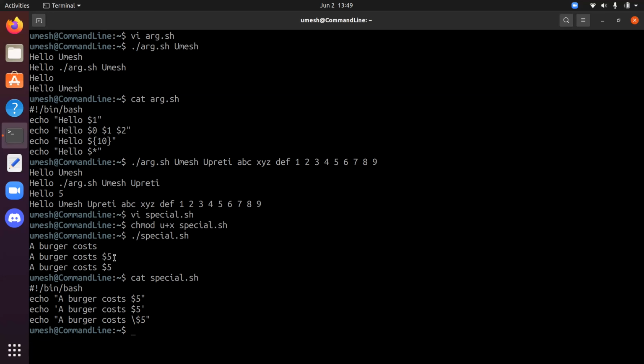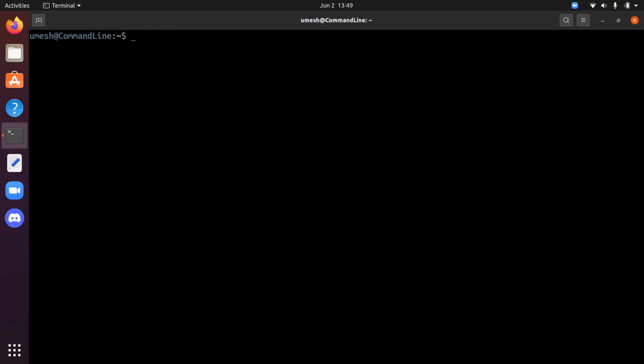So if you look at the second and third lines, you feel like they are producing the same results. So why can't we use single quote instead of double quote to block the $ sign? To clarify that, let's create another script, and I'll demonstrate why using single quote is not a good idea. Let's create one example where you want to call the variable, but also want to escape the $ sign. So let's do escape.